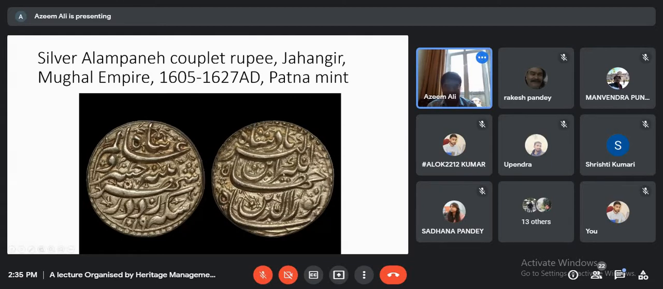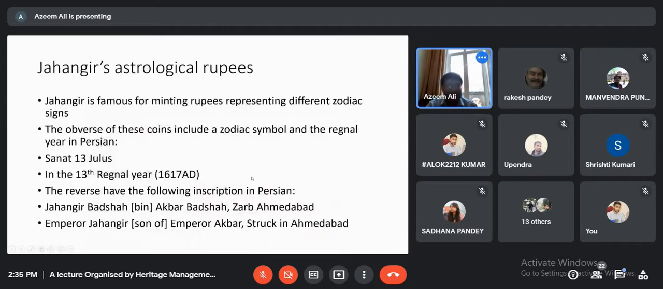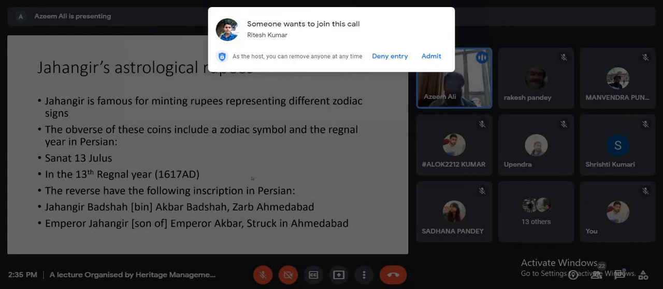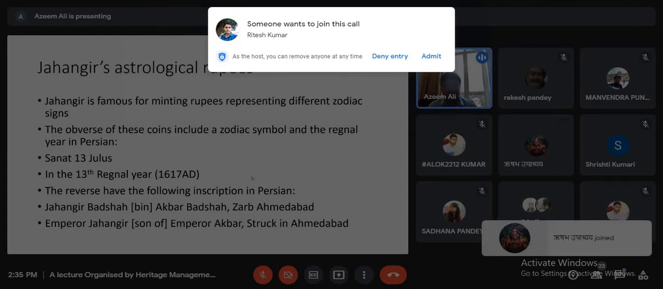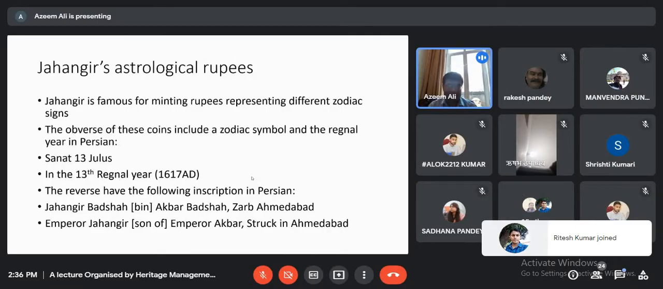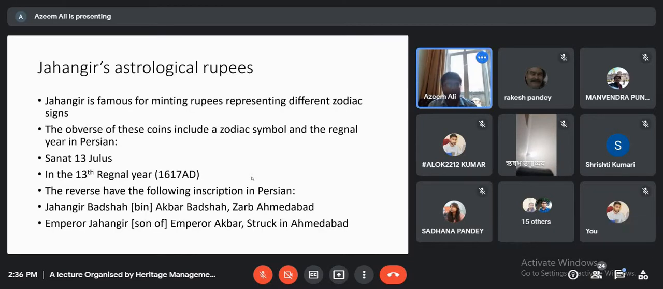Very beautiful coin, struck in Patna. And Jahangir was fascinated by astrology, and this is reflected in his coinage, and he's famous for these coins, and they're highly desired. These coins represented different zodiac signs, and the obverse includes the zodiac symbol, and then the regnal year in Persian, which in this example is Sanat, and then 13 in the Arabic numeral system, Julus, which means in the 13th regnal year, which is about 1617 AD, and then the reverse has